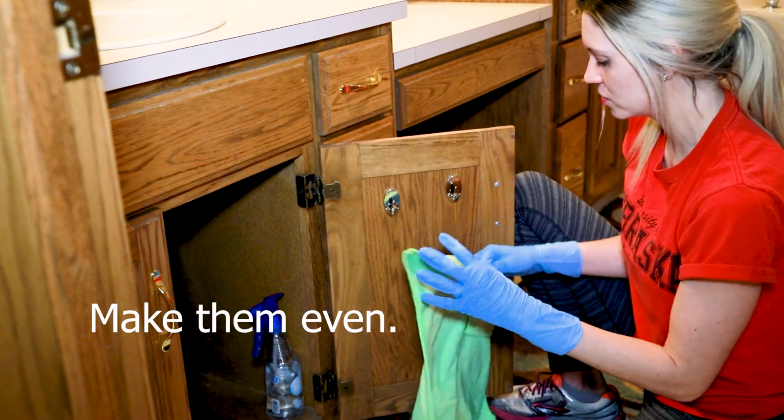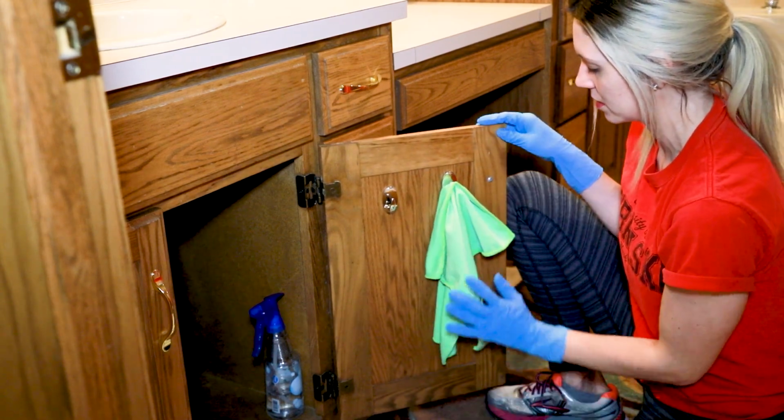Sometimes you don't have room, so make sure you check your towel first. I already did, but then